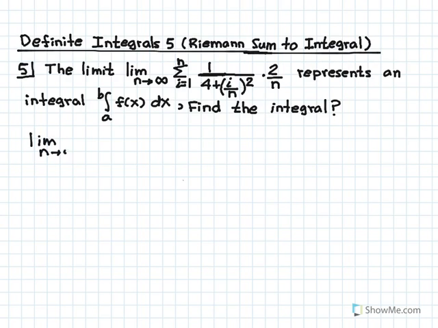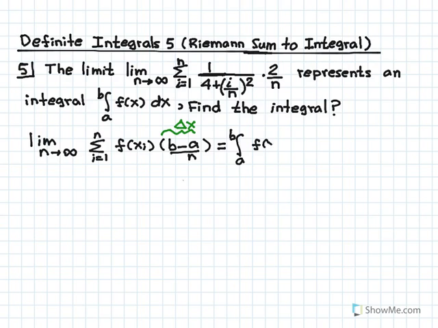Limit n goes to infinity, i goes from 1 to n, f of xi times b minus a over n. This is a right-hand Riemann sum with equal partitions delta x. This is delta x here. And this is equal to the definite integral a to b f of x dx. Let's find xi, the x values, the lower limit a, the upper limit b, the function f of xi,